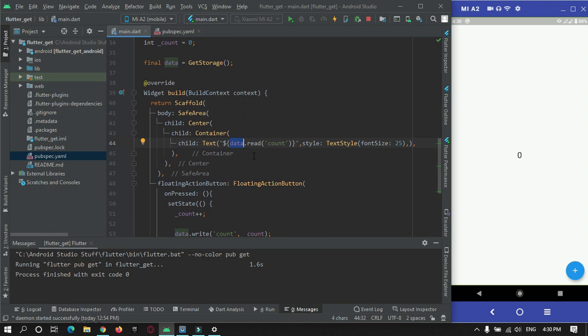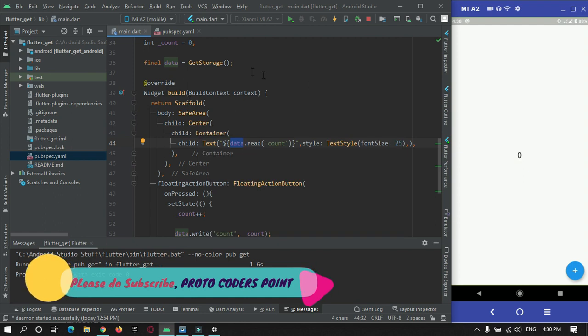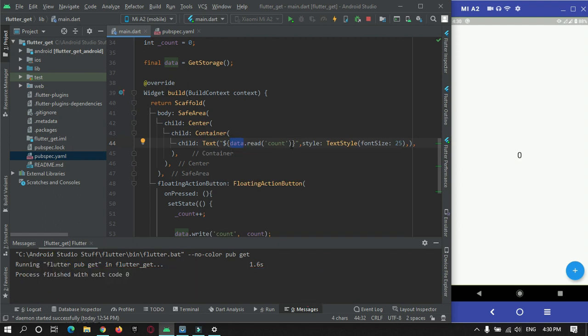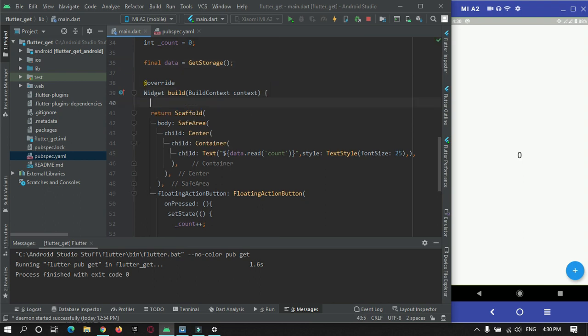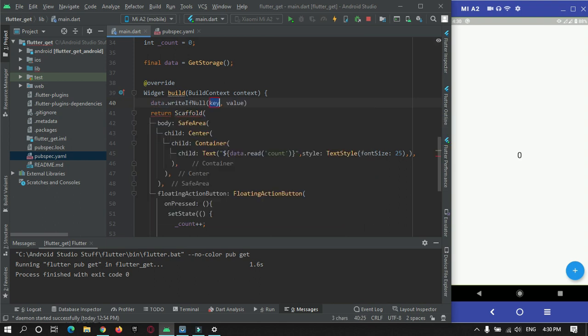What if our data is empty, in the sense if there is no data in this data instance? For that we can make use of one more function, that is write if null.